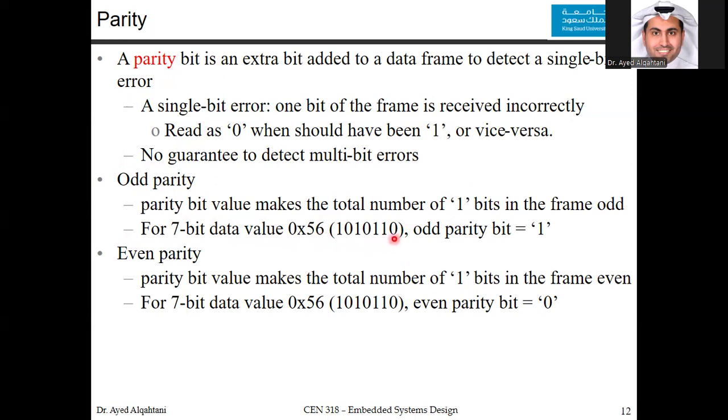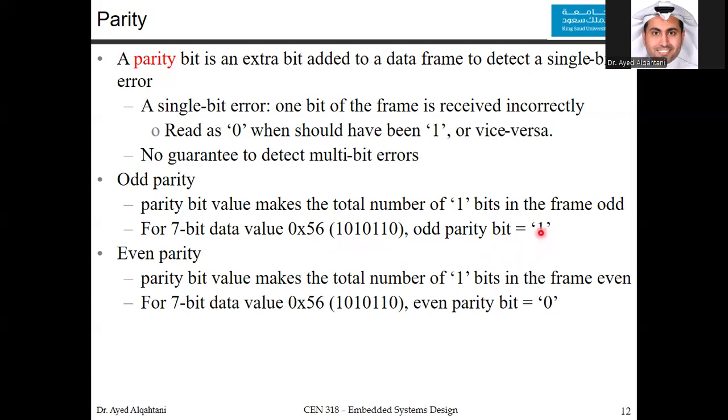The 6 in binary is 0110, and the 5 is 101. You can see, you can count them, they are only 7 bits. Now, to add a parity for this, count the number of ones. So 1, 2, 3, 4. This is an even number. So we need to make the odd